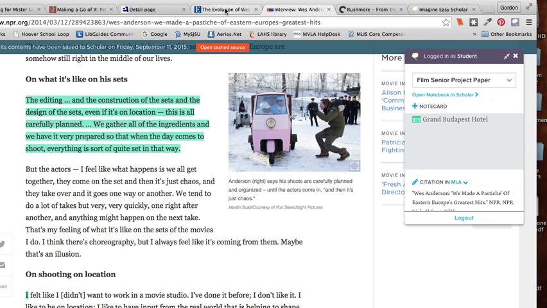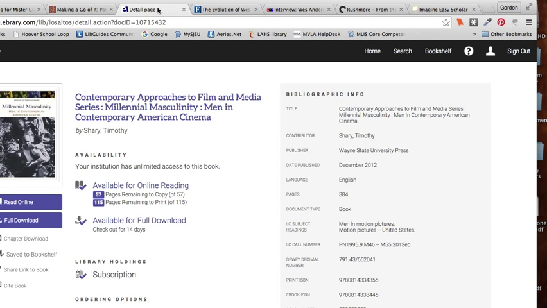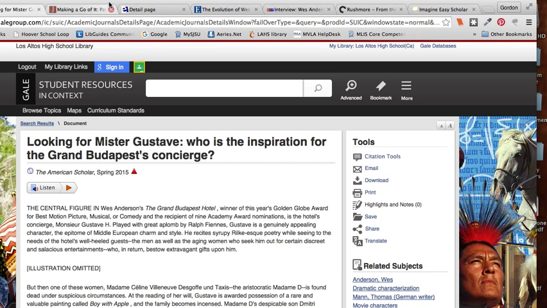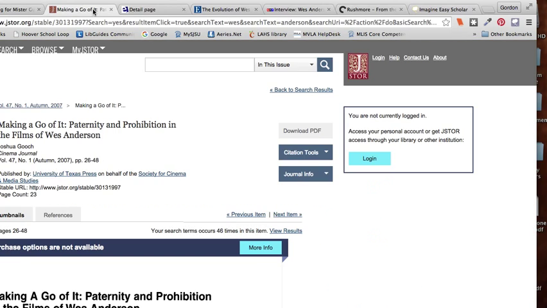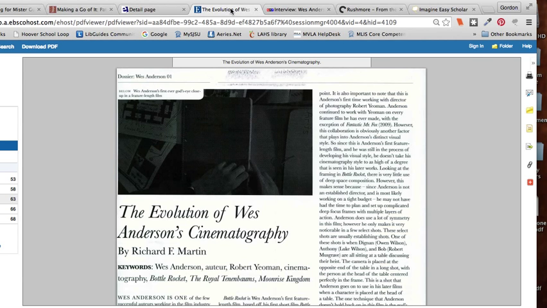What you're going to notice with the databases is that it doesn't collect the citation information. So if you're on EBSCO or eBrary or JSTOR or Gale, it's not going to collect those citations. But there's a really easy way to get those citations on our databases, because every one of these databases has a citation tool that allows you to just copy and paste the citation